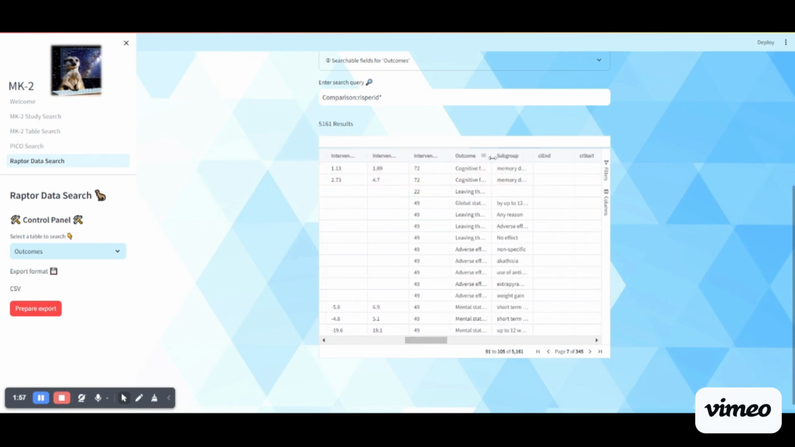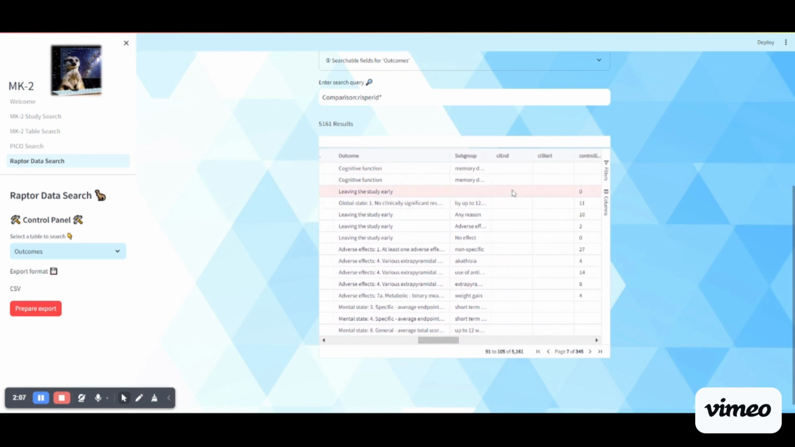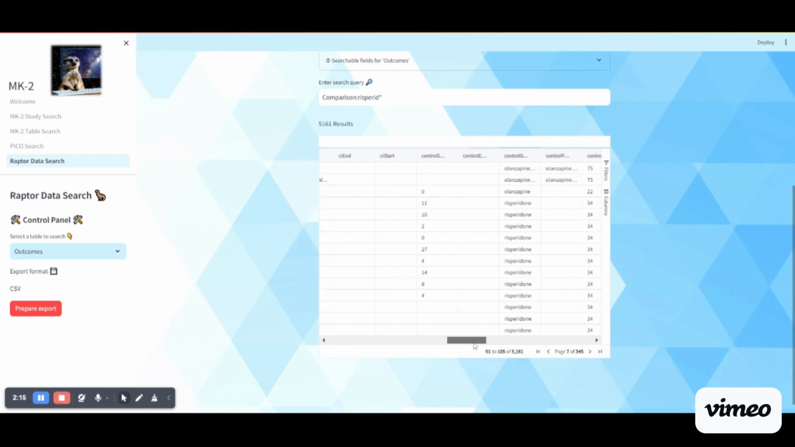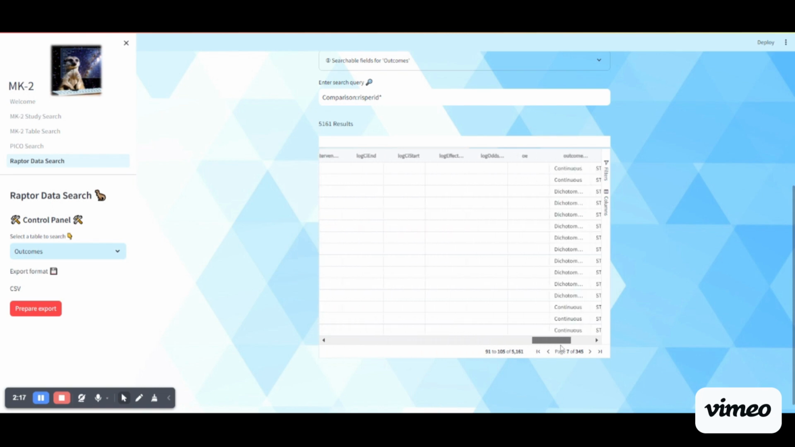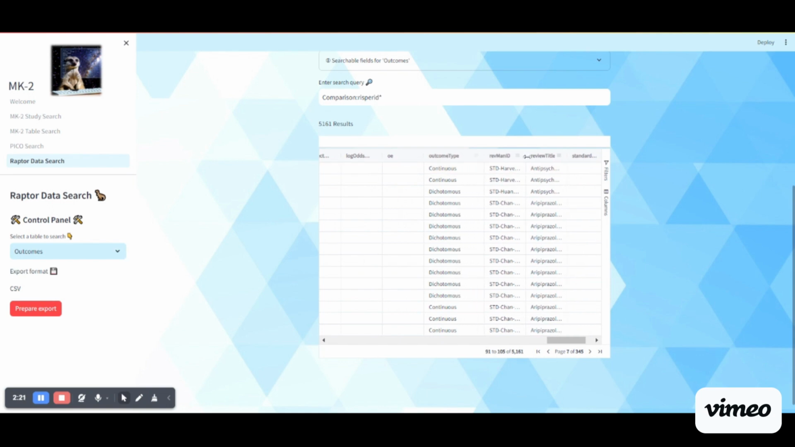And then there are the outcome names. So in this specific review, for example, these were the outcomes. So for example, cognitive function, and then sometimes there are subgroups as well. So for cognitive function, different memory domains. And then together with that, you have the outcome type and the review title where this information